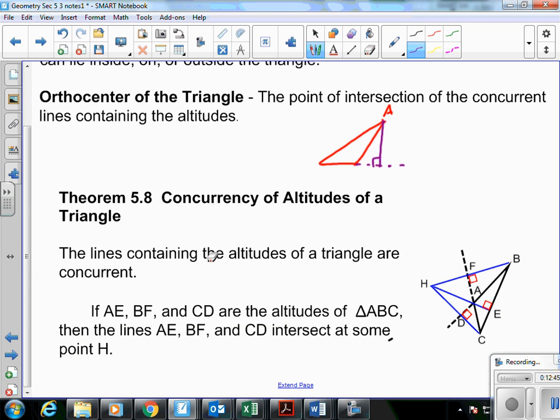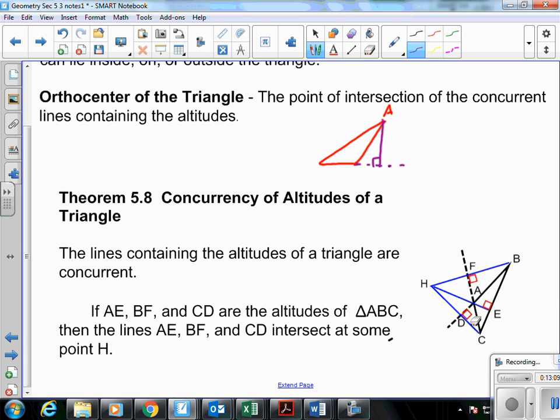And the line based on the concurrency of altitudes of a triangle: the lines containing the altitudes of a triangle are concurrent, right? Just like all the other segments we've looked at so far. So if AE, BF, and CD are all altitudes of triangle ABC, then lines AE, BF, and CD intersect at some point H,